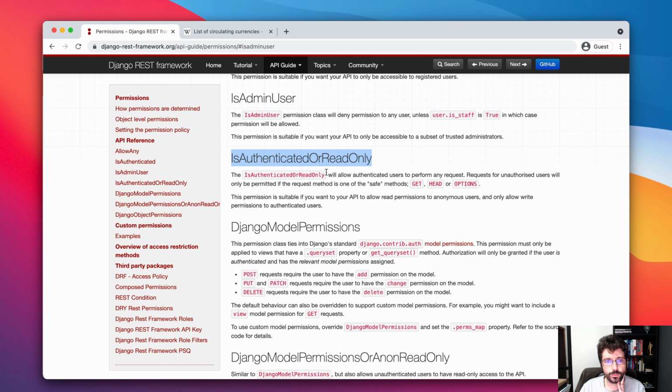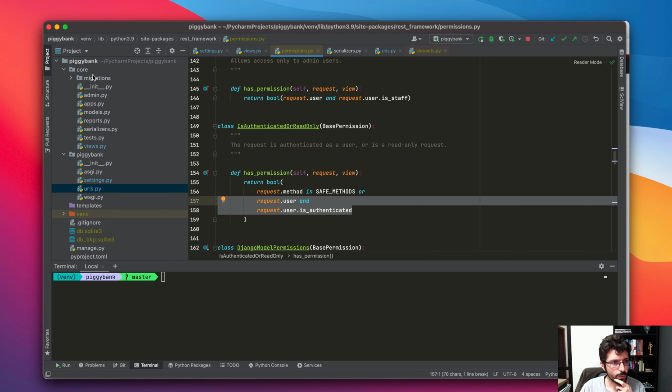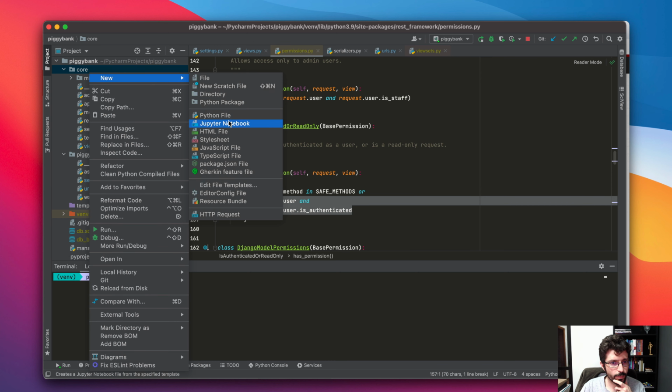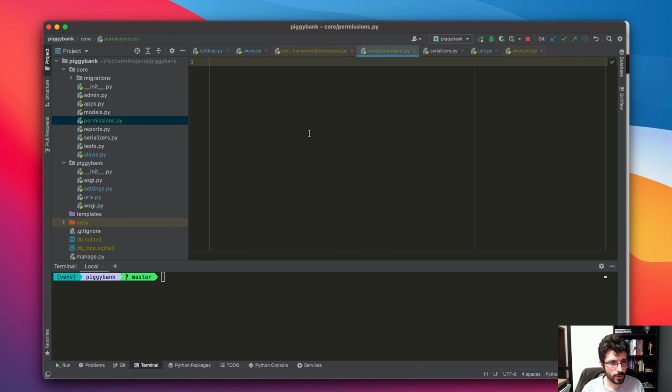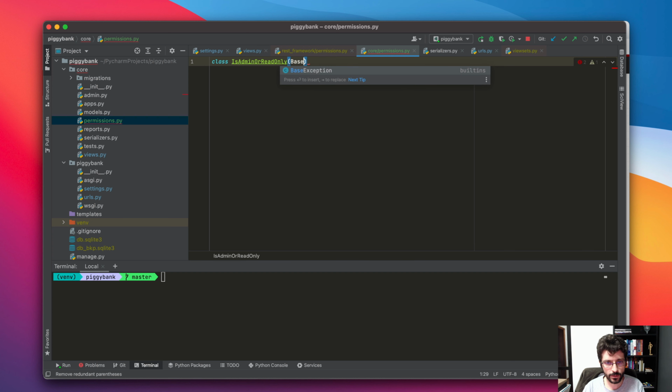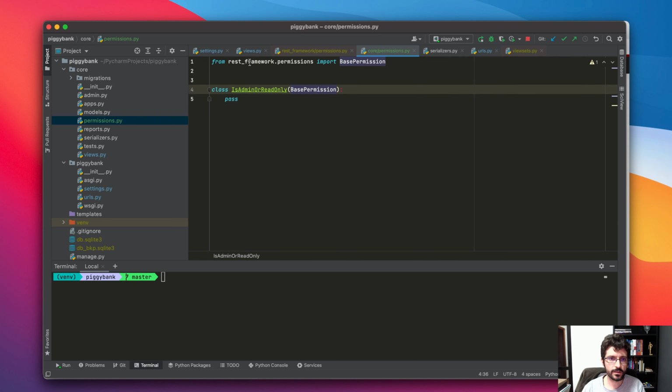So here what we can do is make a custom permission based on this one. So we can define here inside the app a new permissions module, and then I'm going to call that is admin or read only. And then all the custom permissions should subclass this base permission, which is defined inside the REST framework permissions. And then maybe we can just grab the code here